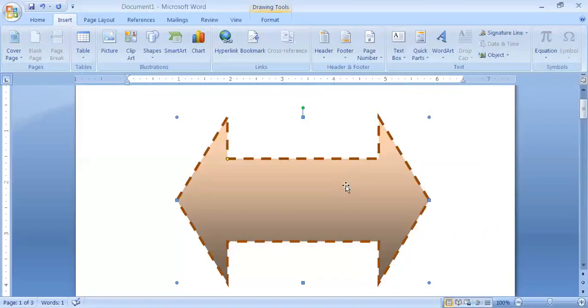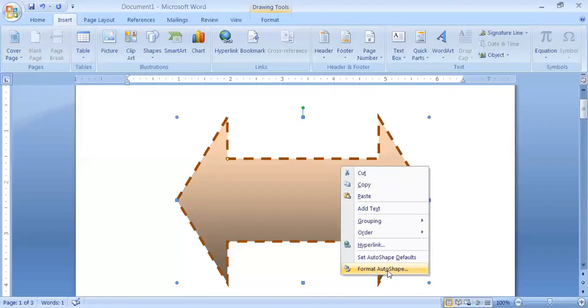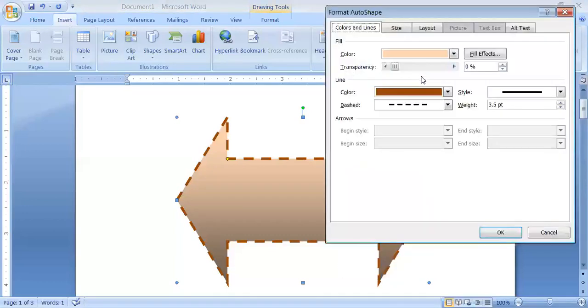So in the similar way you can select whatever shape you want, and with the help of the Format Shape option, the Format AutoShape option, you can change the color of the lines, you can change the texture of the lines, you can change the breadth of that line, you can fill any color, and you can also fill the effect.